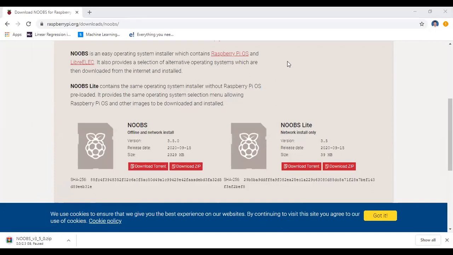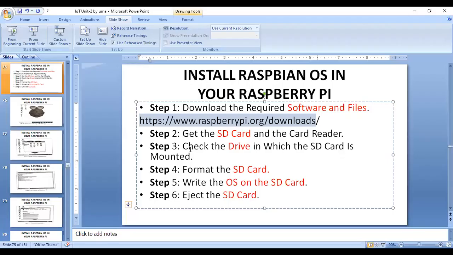After downloading, you will get a zip file. First, extract the zip file and store it in a certain folder. When you extract the zip file, you get many different files: some executable files and some library files. Copy all the library files.